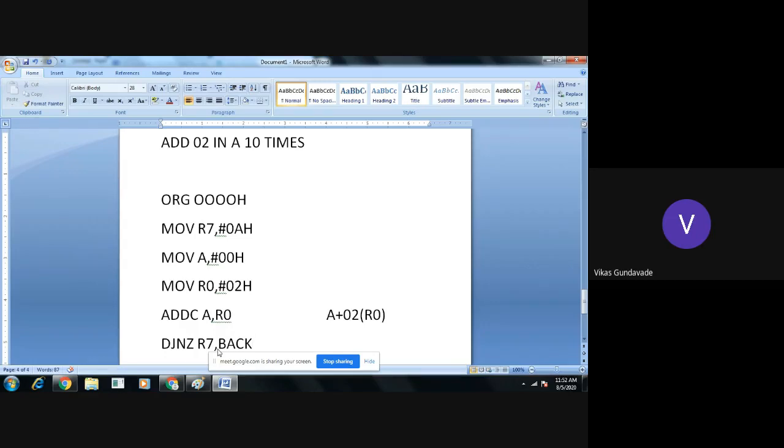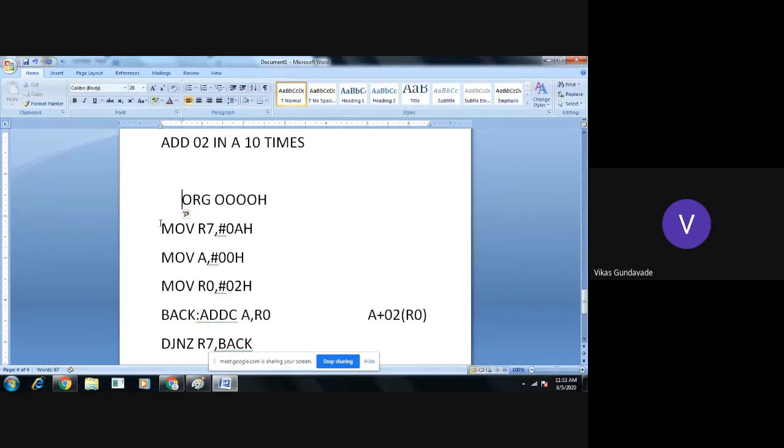Everyone got it? So what will happen? If the R7 count is not 0, the program counter will return to the labeled address location. I will give this back label to this location, with a colon.